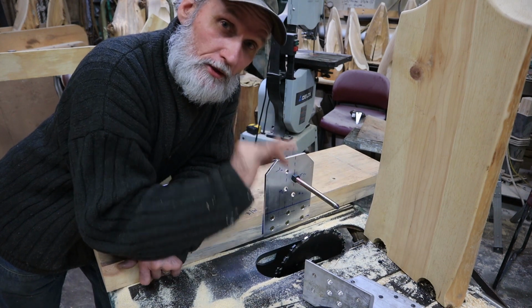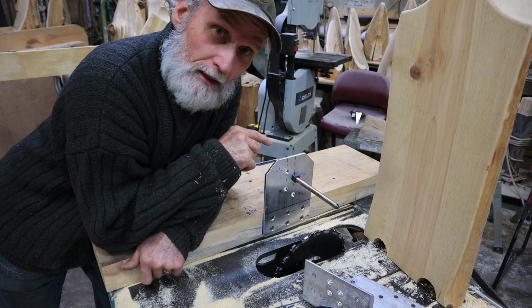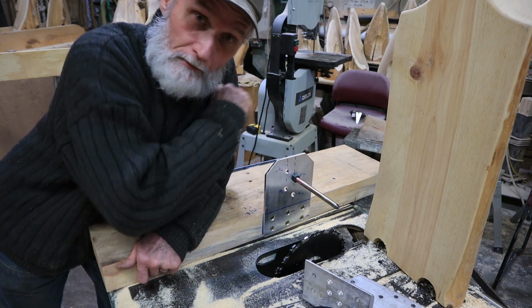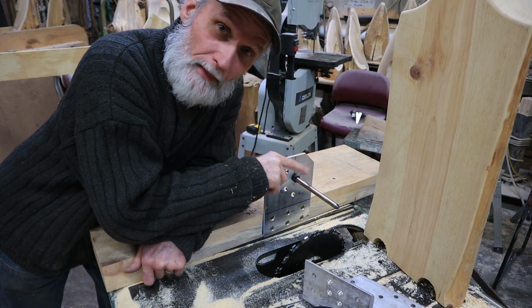There's a resistance to the movement of it now, plus the weight of the part. It probably wouldn't work on a tiny, light little part. I don't think it would, because I've experienced that before. It just goes bam and shuts it down, kills the saw. But on the bigger part,